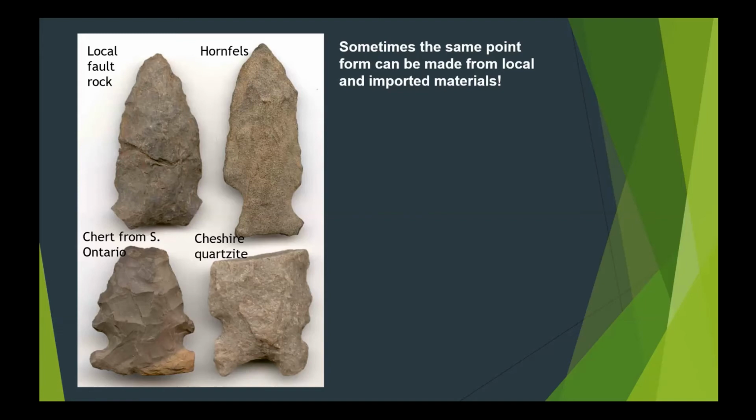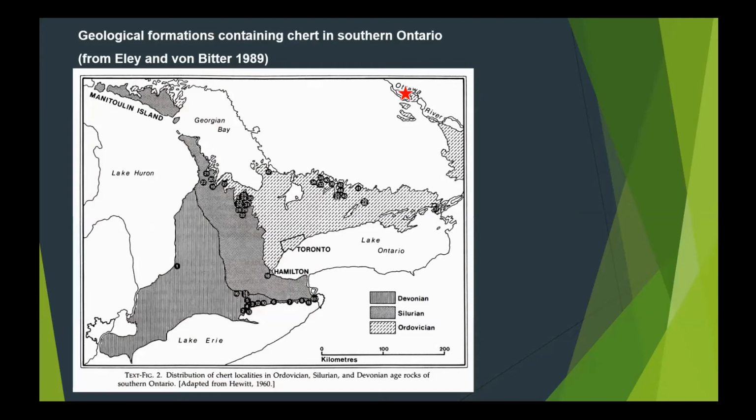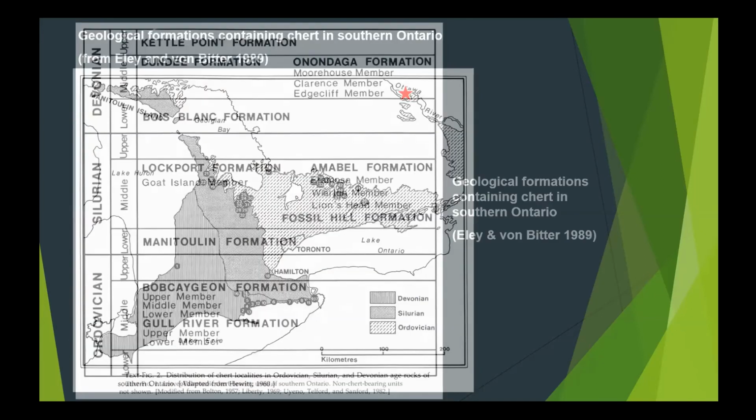So again, I had to do quite a bit of geological background work, get to know the Ontario cherts better. Went to look at them with Peter von Bitter, got a lot of help from Bill Fox, of course. And then, based on Elian von Bitter's work as well, that helped a lot. And then also just had to get comparative samples from all of those cherts. And so